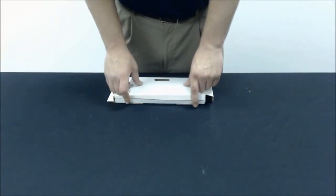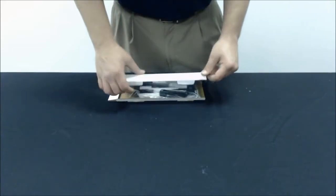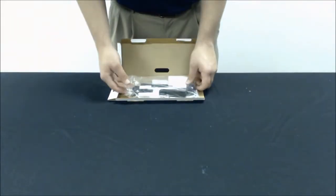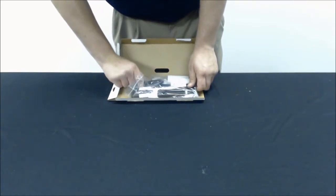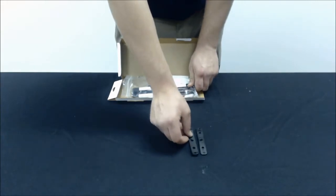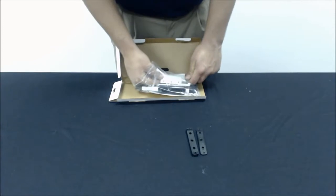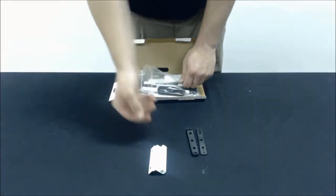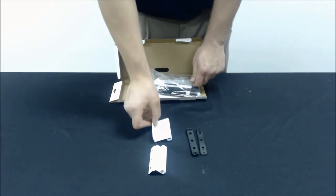Here we have your Armor Latch Deadbolt lock set. We're just going to open it up, and inside you should find two keeper spacers, one small keeper, one large keeper,